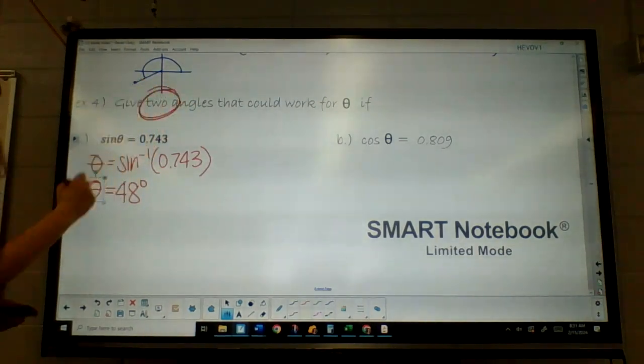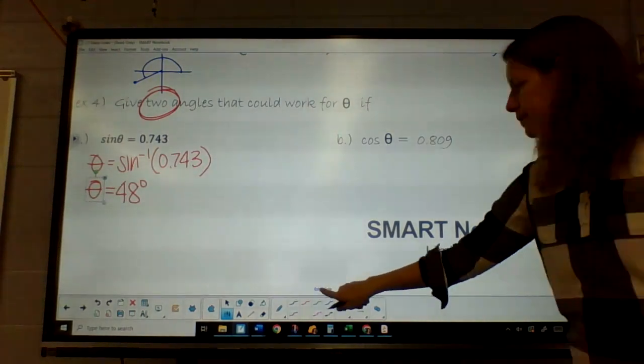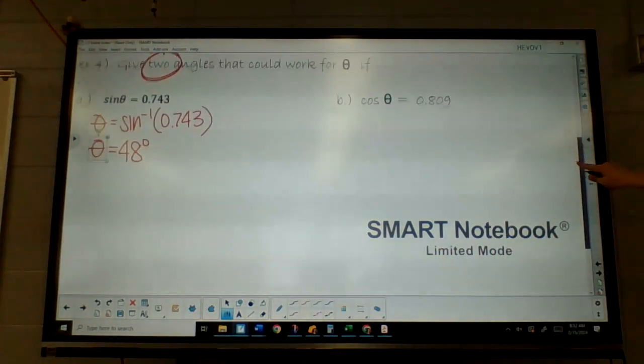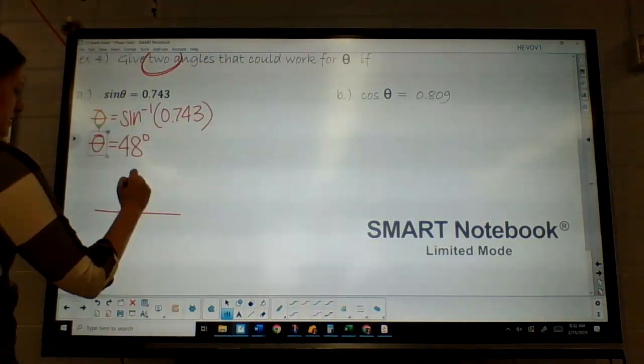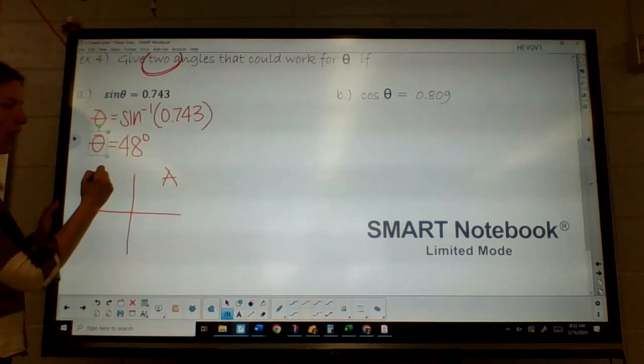But they're asking for 2 angles. Your calculator gives you 1. So we have to use what we know to find that other angle. So, how do we do that? In our coordinate system, again, we're going to go back to all students take calculus. We have to think about where this triangle could exist. Now, all of them are positive in this first quadrant. This answer is positive. So that means this first quadrant, like this 48 degrees, it makes sense that this angle